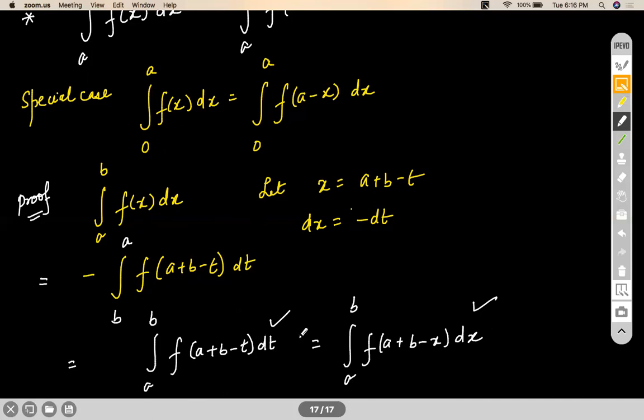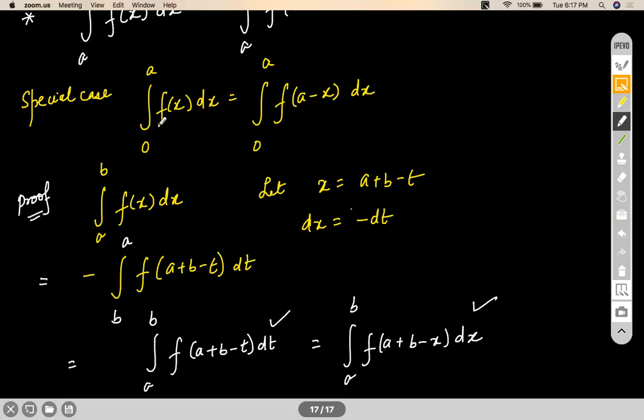So this value that comes out from here will not be affected if I change the name from t back to x, even though x and t were basically connected to each other by a different relation before. But treat this as a separate problem in itself. Think as if your problem is starting from this point. There is no change in the value if you do that. This is something very weird about definite integration, that you can change the name at any point of time to whatever you want, because these x's may not be the same. They could be two different names.